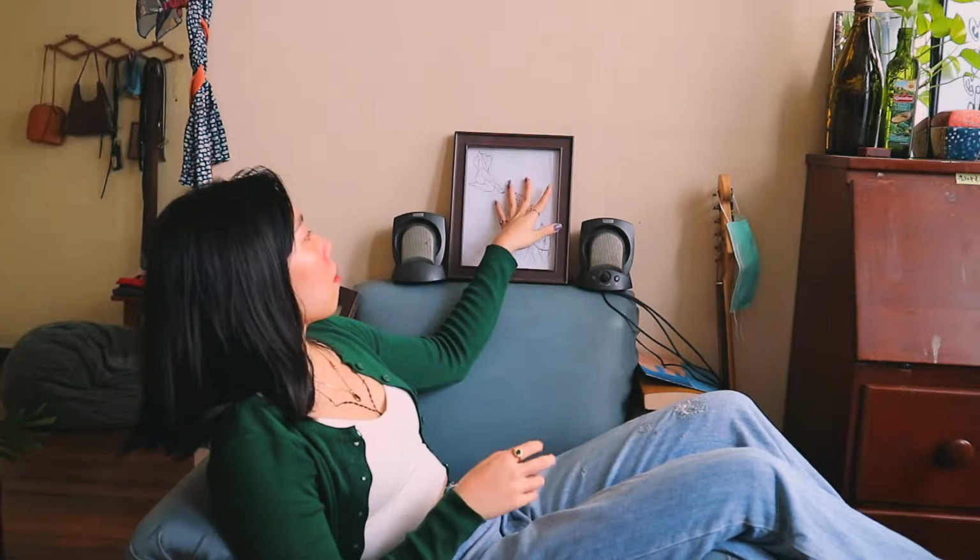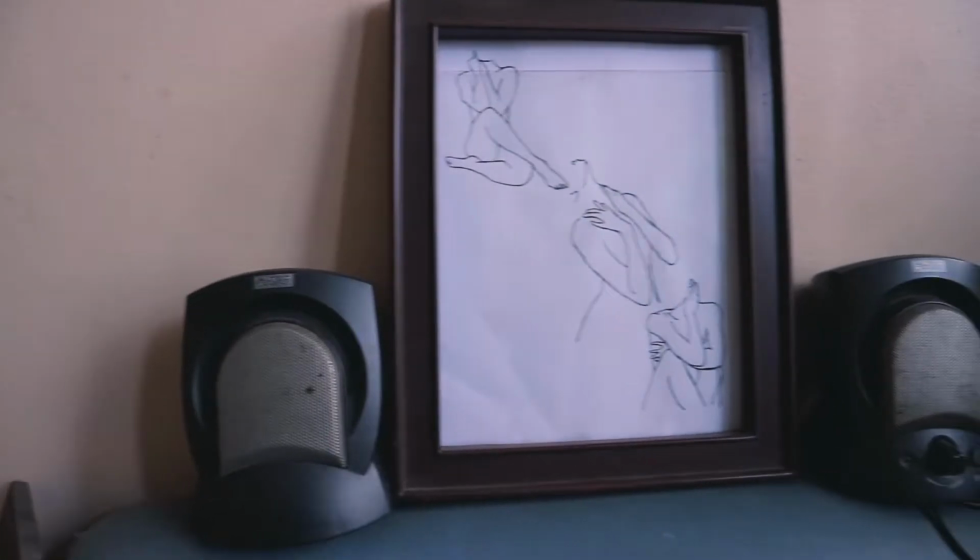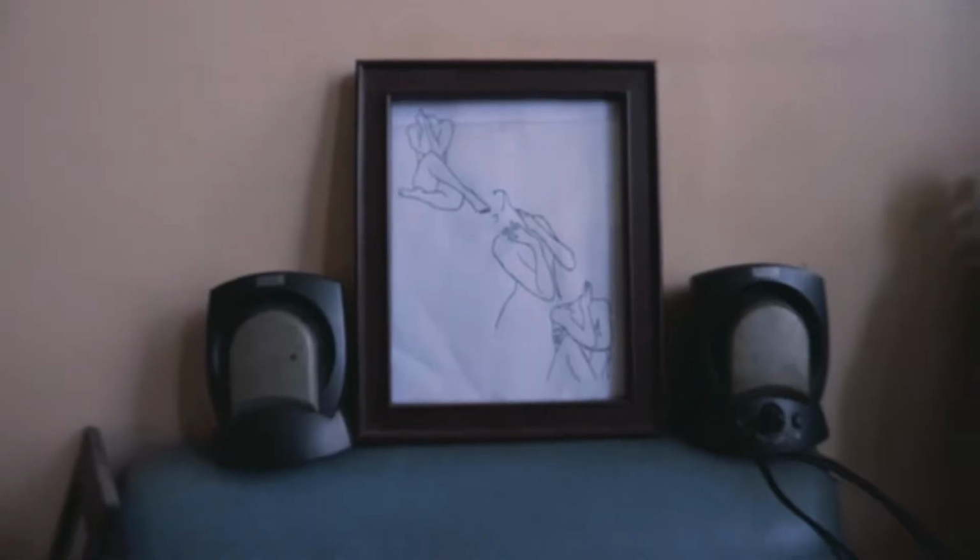The one other big furniture aside from my bed that I lay down in sometimes. I have this random drawing that I made. It's just a line drawing of women in very sensual yet confident poses. I have my two speakers, so sometimes I just sit here. If I want to just vibe with music, I sit here and they're both here and I play it, it's like I'm in some Dolby Atmos